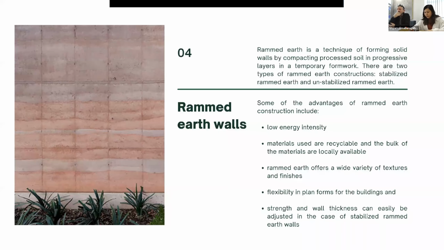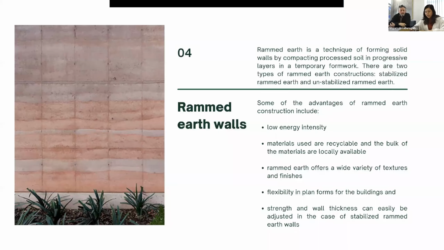Rammed earth walls are a type of building material made from compacting a mixture of soil, clay, sand, and other natural materials. The mixture is packed into wooden or metal forms and compacted until it becomes solid and dense. These walls have been used for thousands of years as a sustainable and eco-friendly